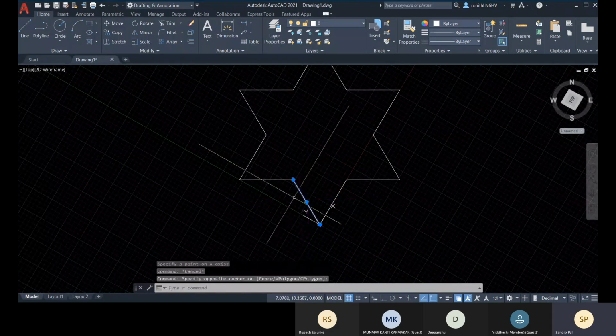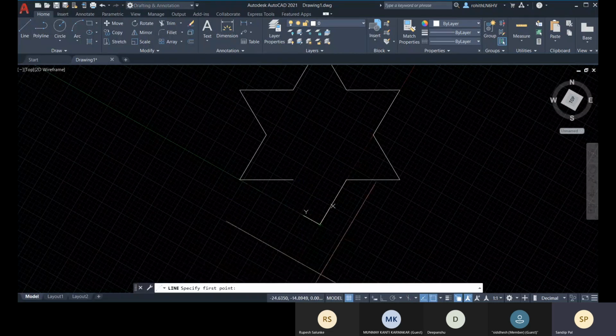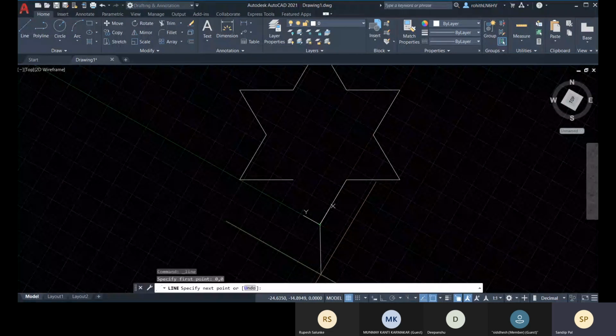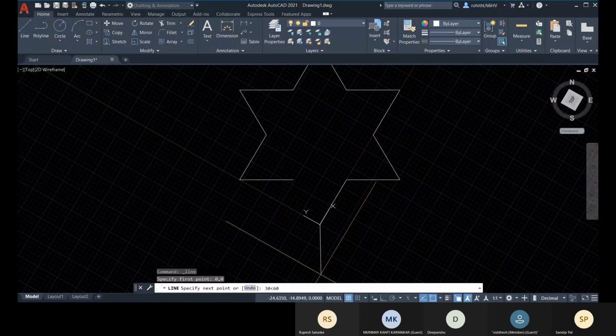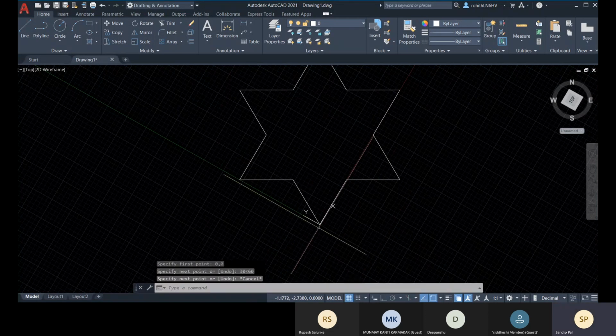And if you try to draw this, from this point 0, 0, enter, and 30 less than, it will be 60 degree from this initial direction. Hope you understand.